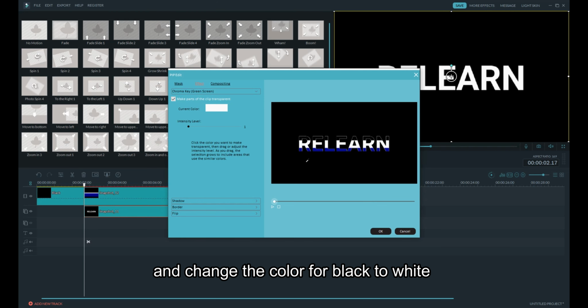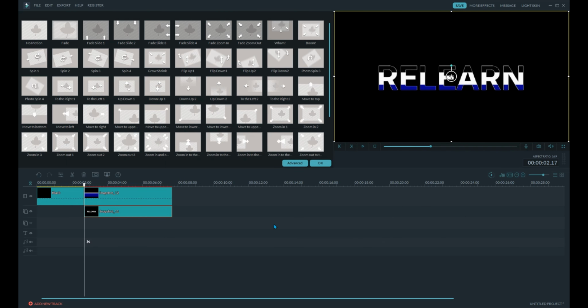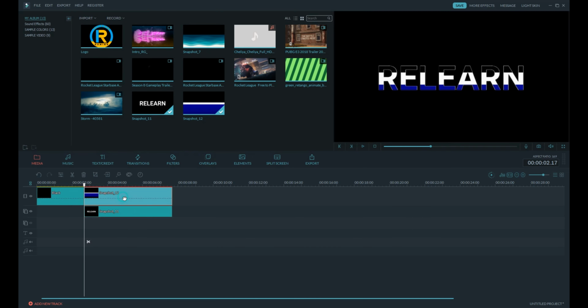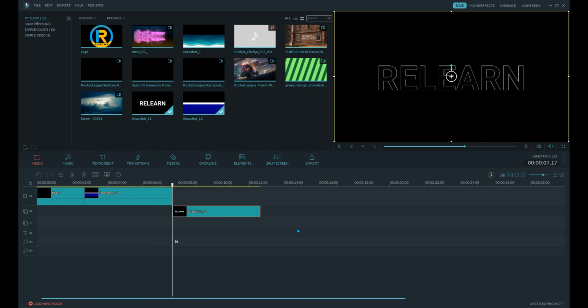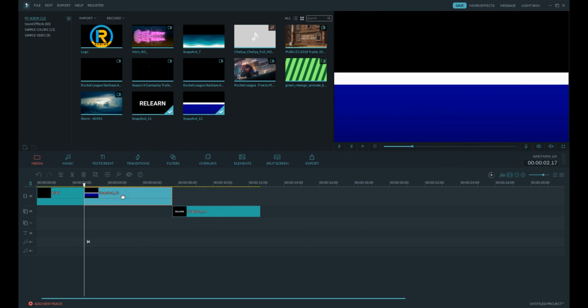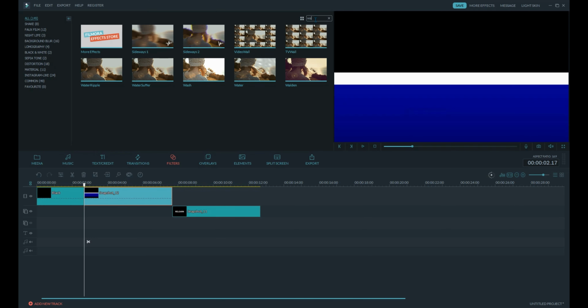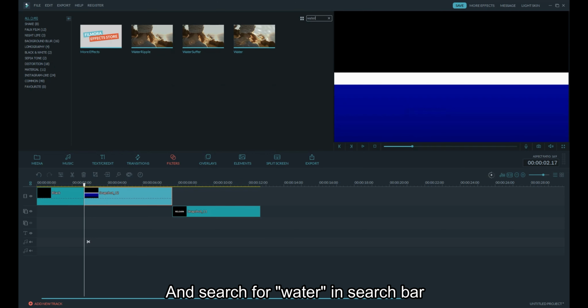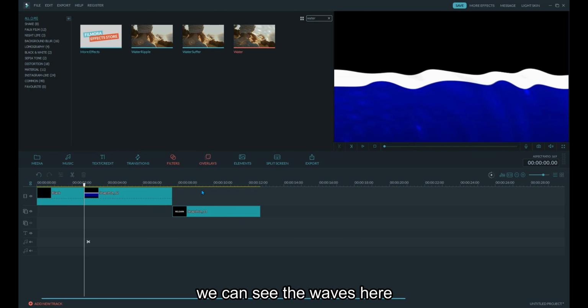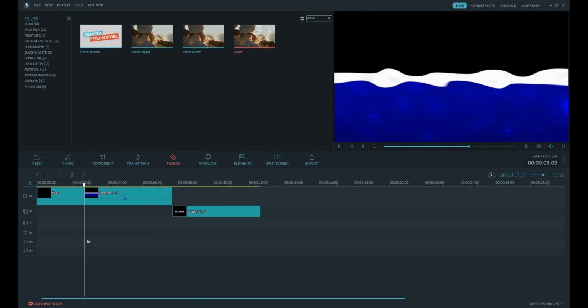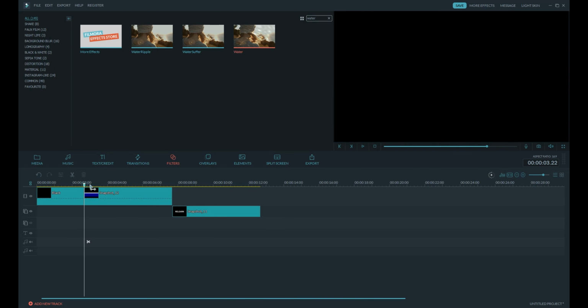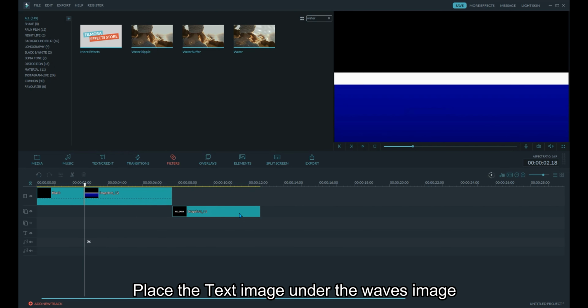We have done that. And if we move this, we can see it like this. Okay, now select this and go for filters and search for water, just simple water. Okay, see how the waves are formed. Then now, if you place the text here,